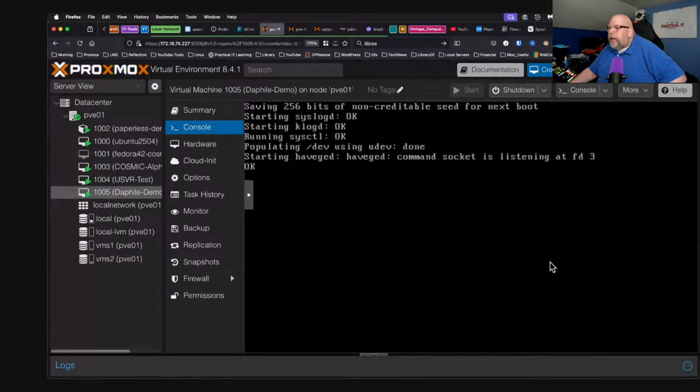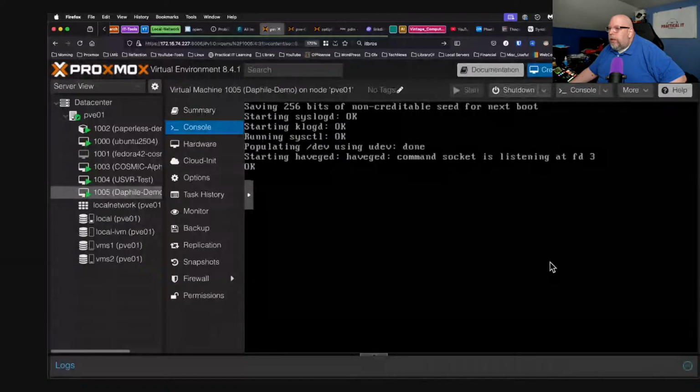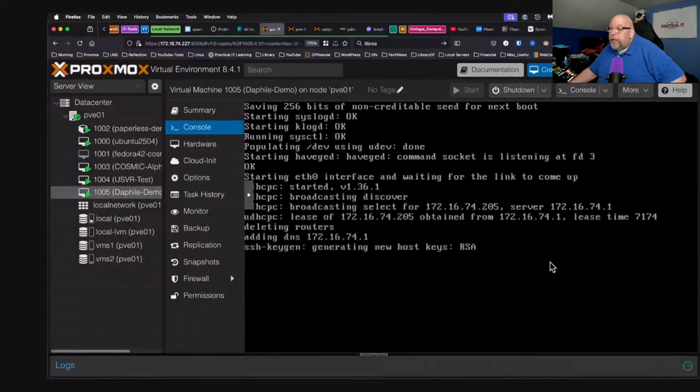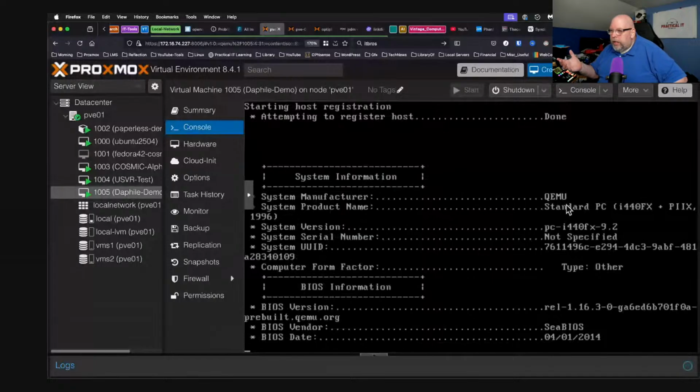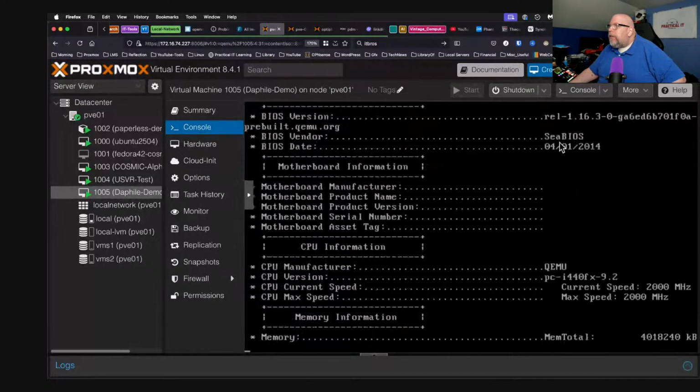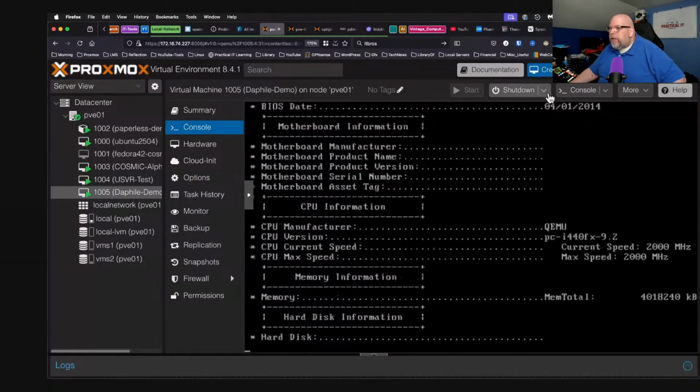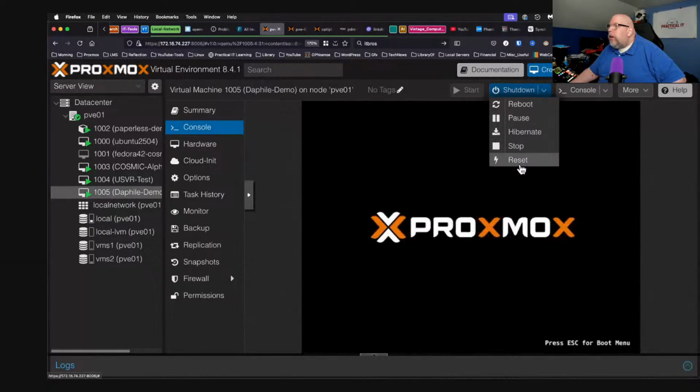And in this kind of case, if you're doing a one-off machine, this might be the perfect option for you. So there's one caveat. It gives the machine a name based on its MAC address. So we'll have to change that